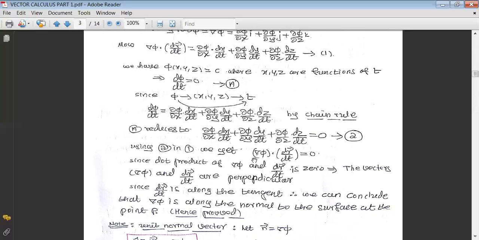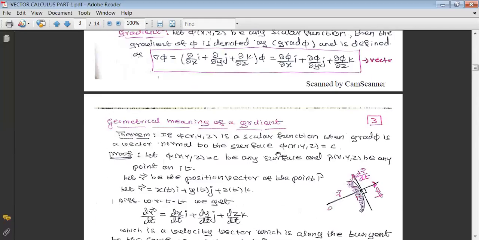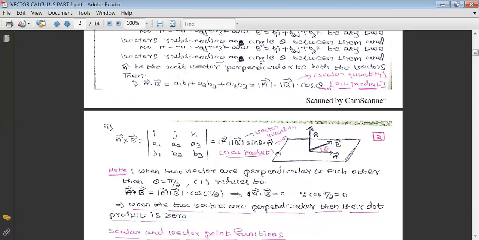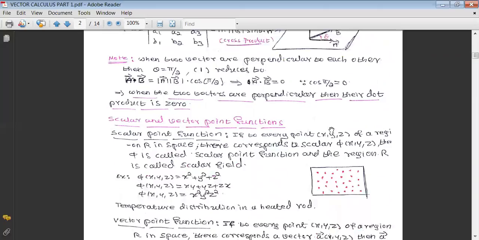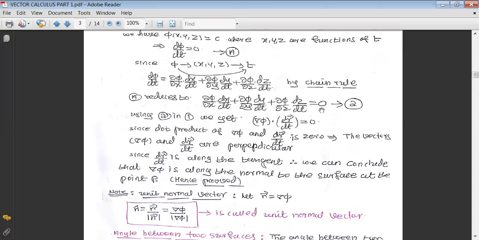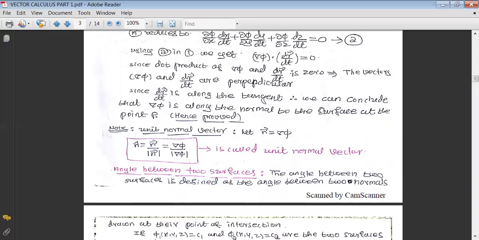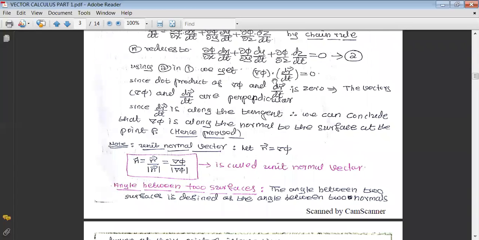And we have given one important note when we defined the dot product: when two vectors are perpendicular, their dot product is 0, or conversely, whenever the dot product is 0, we can claim that the two vectors